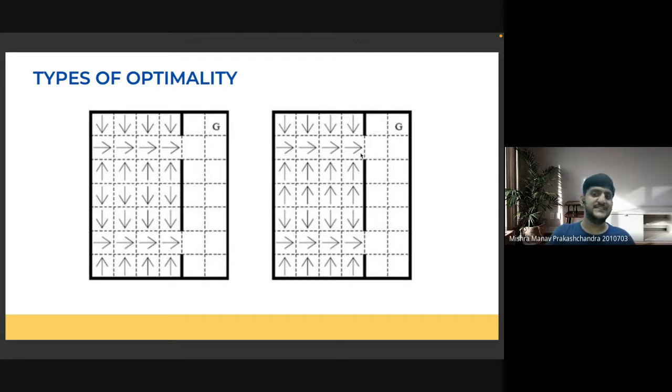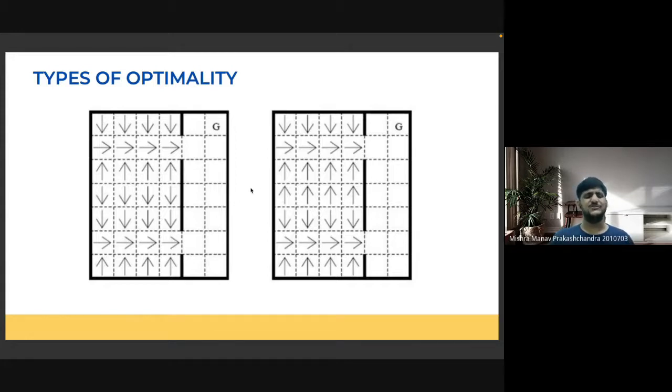So I am optimal with respect to the hierarchy, and in this case the hierarchical optimality is also equal to the flat optimality, but it can very well be different if there is some path which does not follow a hierarchy and can give a better policy. It turns out that in most cases the flat optimality gives a better policy in comparison to the hierarchical policy, which in turn gives a better policy in comparison to the recursive optimality.